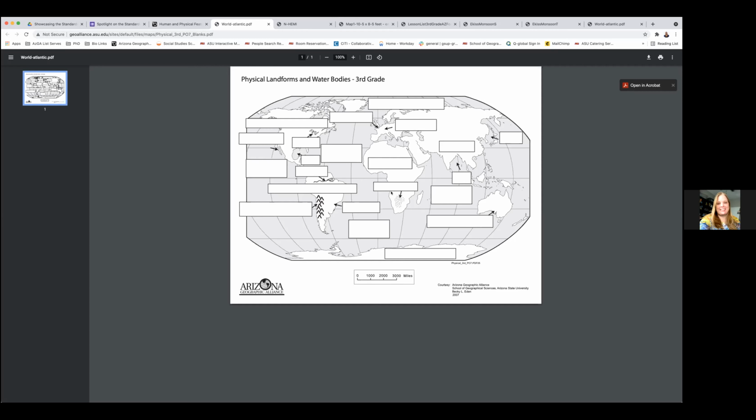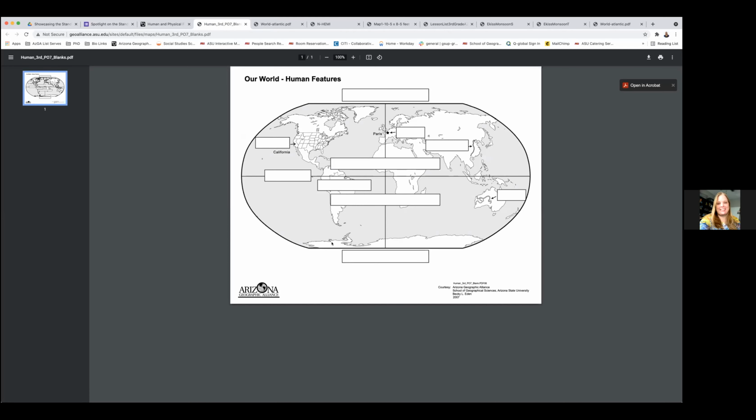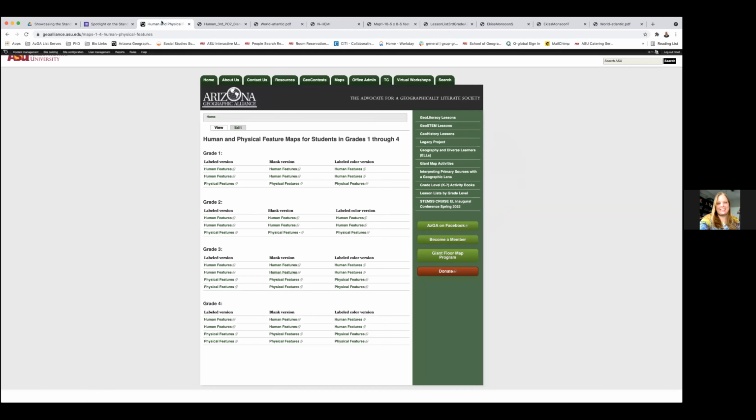Right, so here's where they can identify it. You got your mountain range, you got your plateaus and all those fancy little terms we use. And maybe there's human features we want to look at. Those different blanks. Okay, you got your state, you got your city, right? And they are labeled on the other examples, and some of them are colored, and you have those different aspects that will pop up.